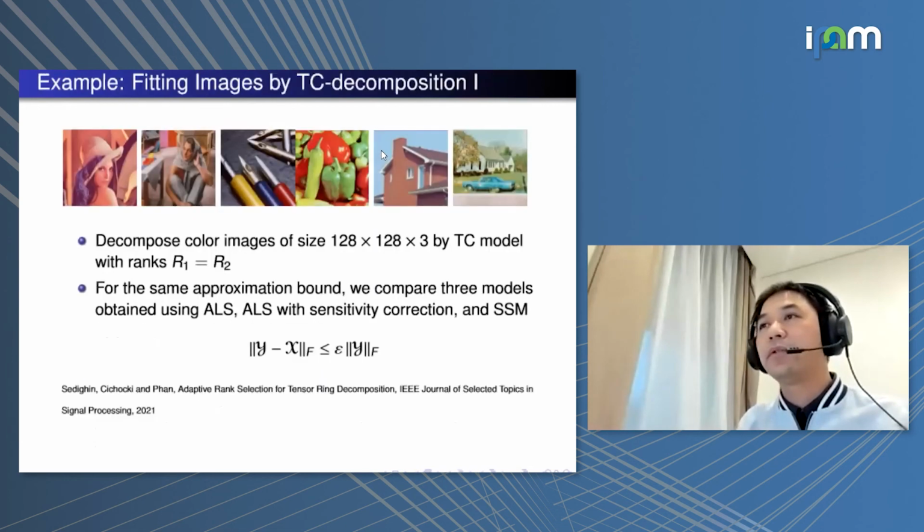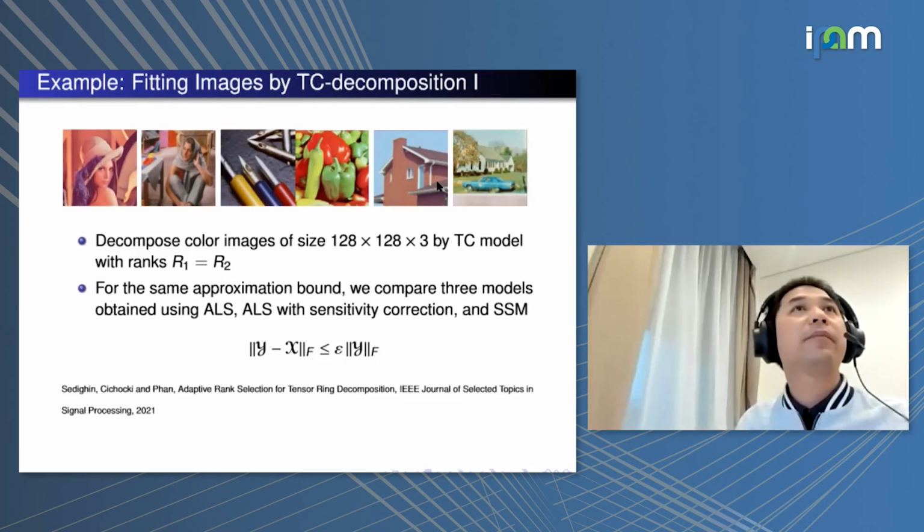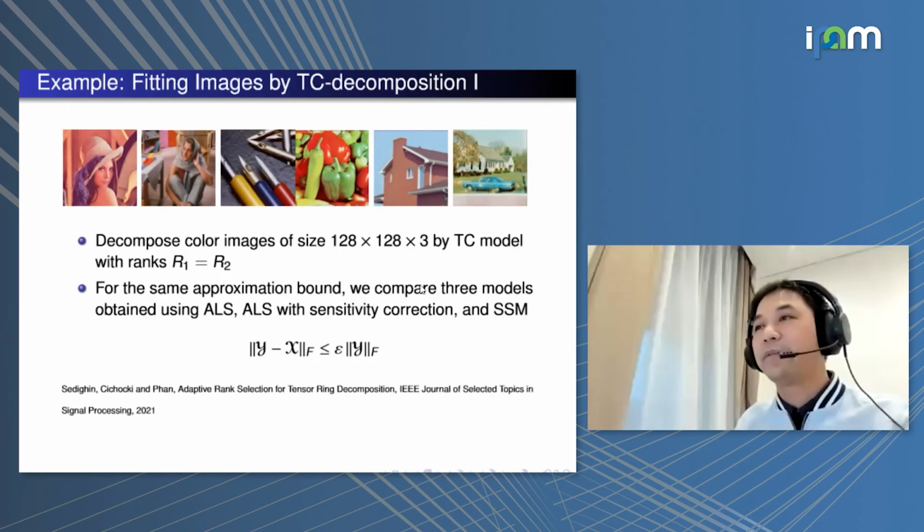So let's move to another application. We decompose the data. In this case, our data is natural images. We have 6 images. We have the images of the size only